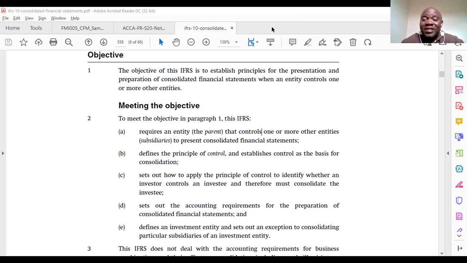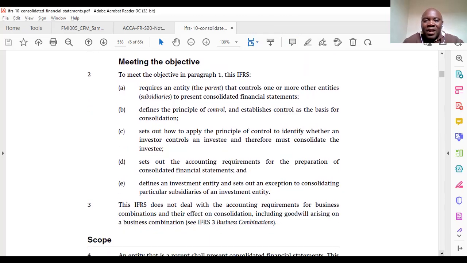We'll go into details to actually check when a company, even if it has more than 50% shares, may not be allowed to consolidate. But it is also possible for a company that has less than 50% shares to consolidate the financial statements. So we'll actually look at all those areas. So how are these objectives supposed to be met? According to IFRS 10, it says one requires the entity that controls one or more other entities to present consolidated